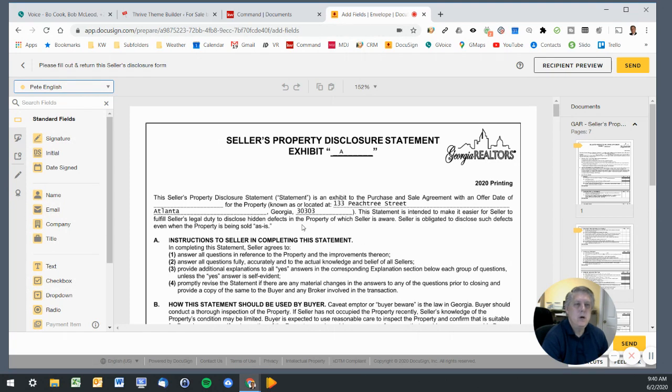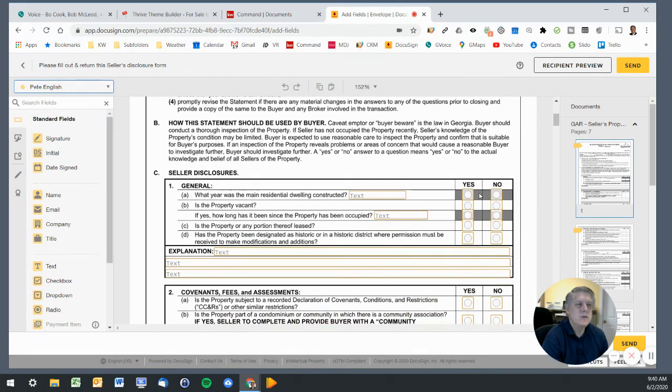Notice where these boxes are yellow? The recipient, in this case Pete, is color-coded yellow. So anything that's yellow, when Pete receives this document, it's going to be his responsibility to fill in